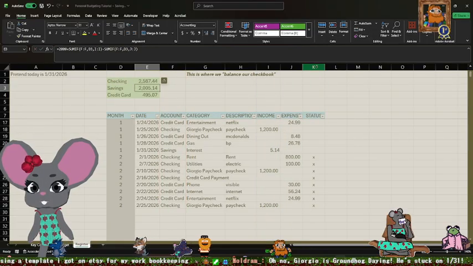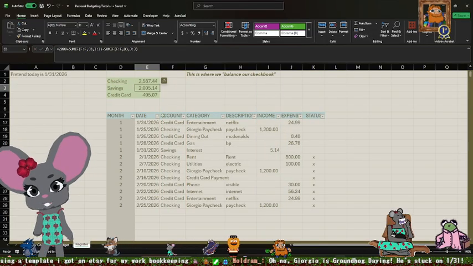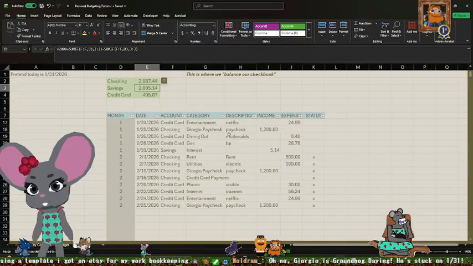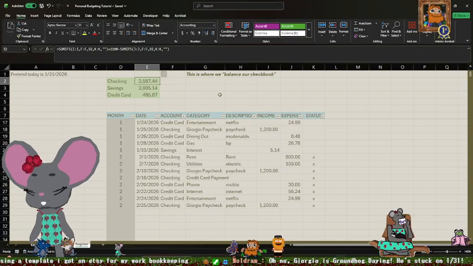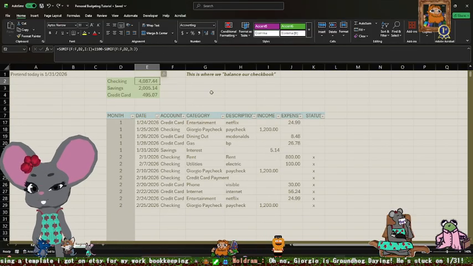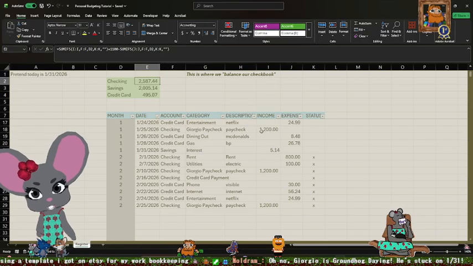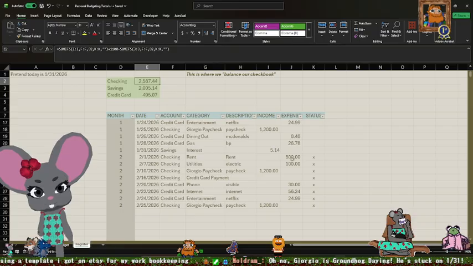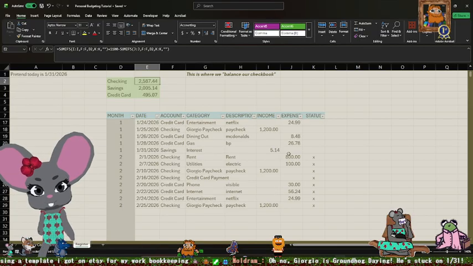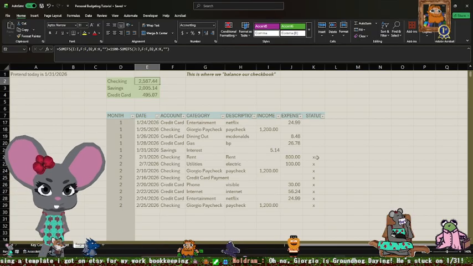And then enter. Okay, that changed our amount, if I undo that, from 4,000 to 2,500. So it correctly excluded these fields down here that have an X on them.